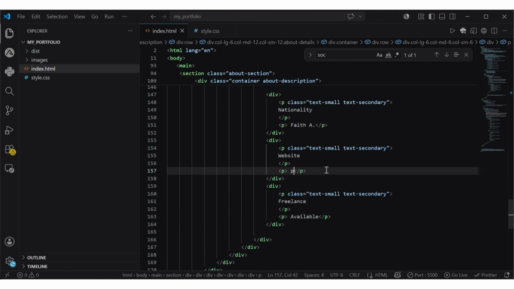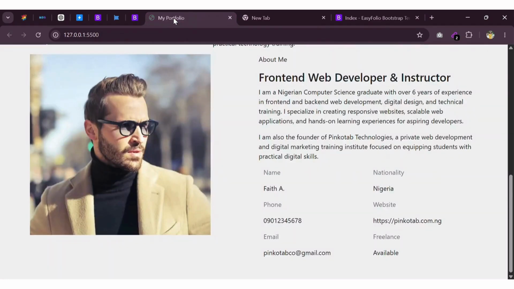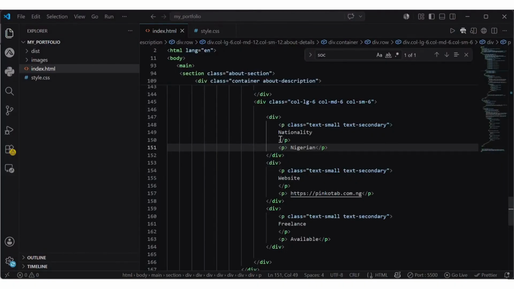Here HTTPS. Okay. So we have this. To bring them closer,